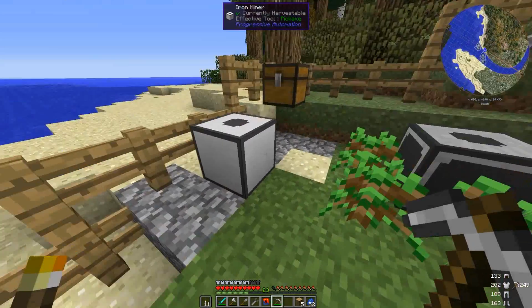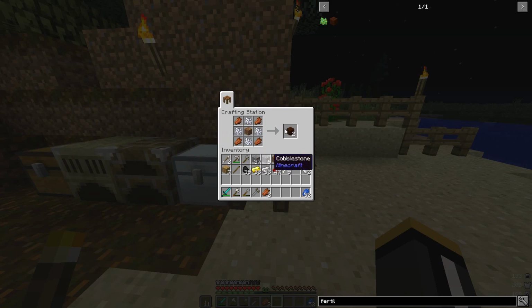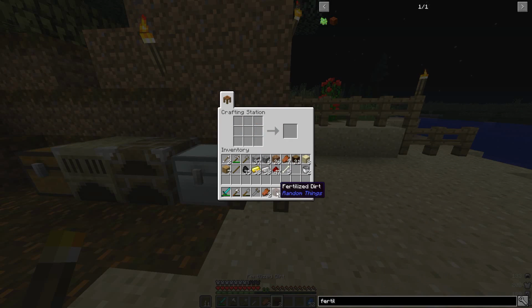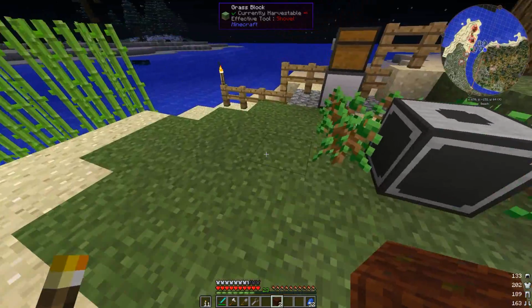And this is really nice. What's nice about it is that, for one, we don't have to keep feeding this thing cobble, which is cool. For 2, we can get cobble out of it. So we basically have a cobblestone generator here if we ever need cobble. So I also have random things installed in this pack, and this is one of the reasons, because I really love this fertile dirt. It basically...